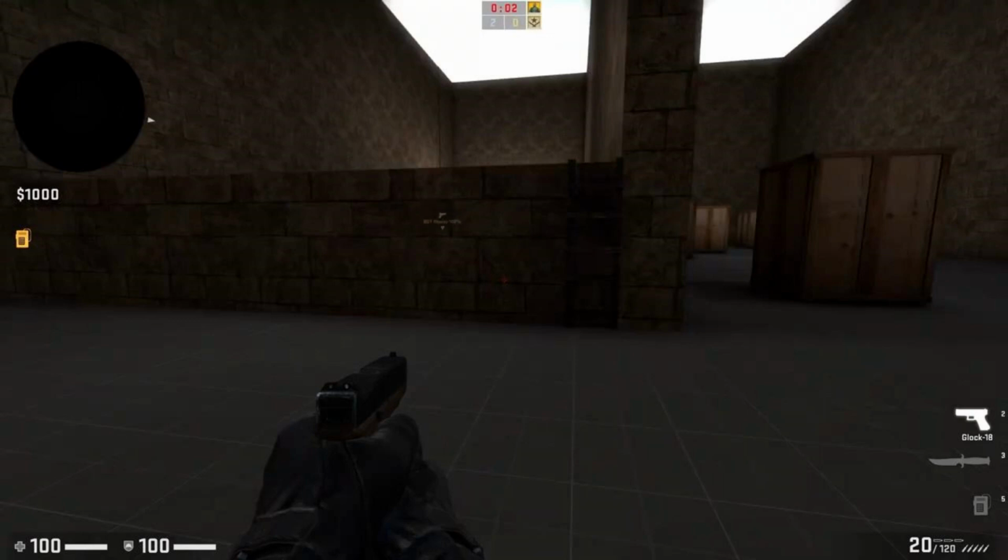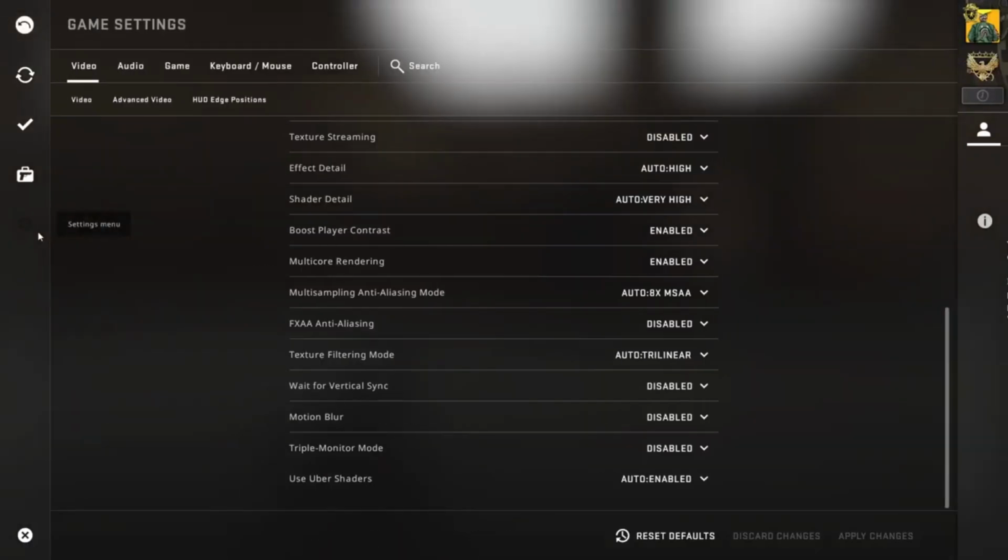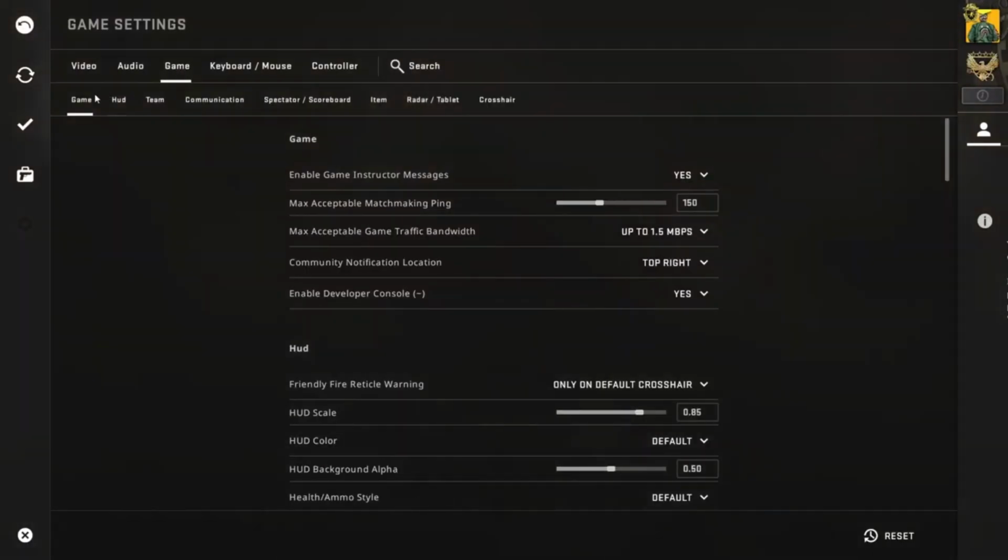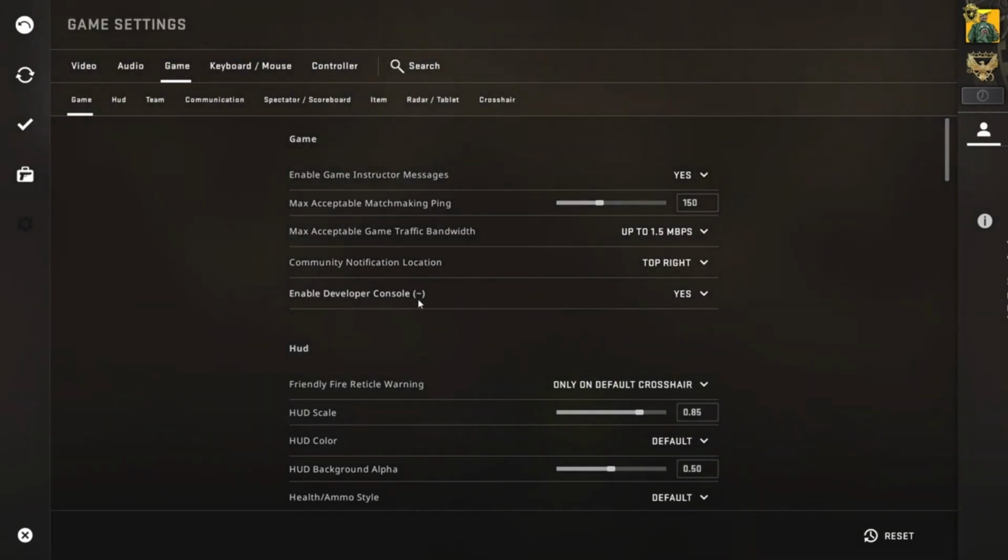To start with, just click escape and head into your settings. We just want to click on this game tab at the top. Make sure this game tab is selected too and look for this bit here, enable developer console. Now if you're new to the game, this will be set to no by default. So if you're new, make sure to go to your settings and change this to yes, and you can head